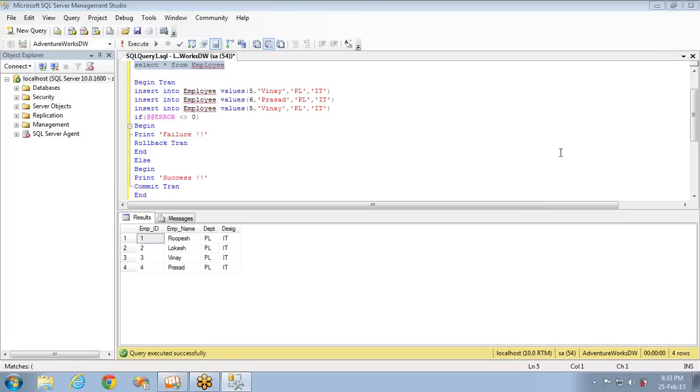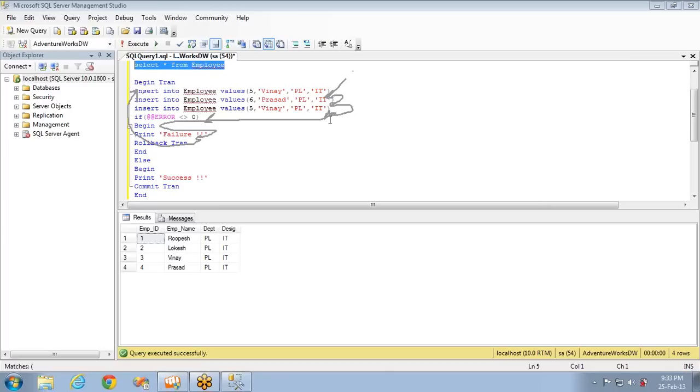So now if you see the flow, first it executed, and then this query successful, and then this, there comes the error. So it will check here for the error. Yes, this condition is valid, not equal to 0. So it is coming into the begin and printed this, and by coming here it rolled back up to this. So that means it reverted the changes.